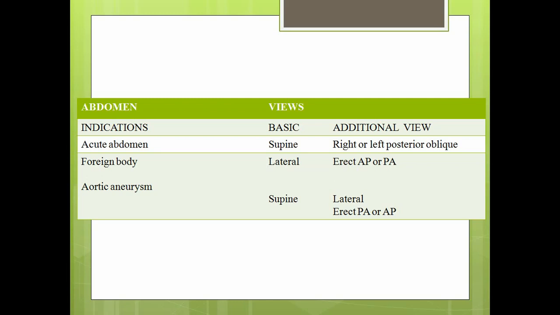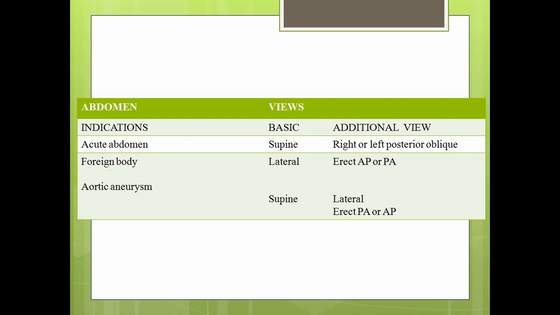So these are the special views. Supine radiography of the abdomen has different indications, lateral radiography has different indications, and erect has different indications. This is very important; you people have to know this. Among the indications is acute abdomen, with pain that is not frequent or continuous; sometimes in between the pain comes and goes. Acute abdomen usually is helped by the supine view. If that indication is there, supine radiography of the abdomen will help.